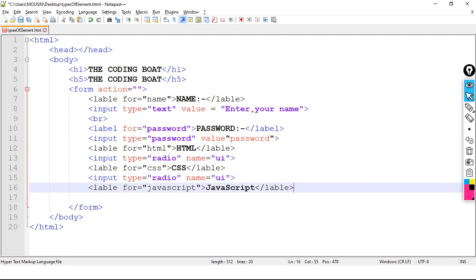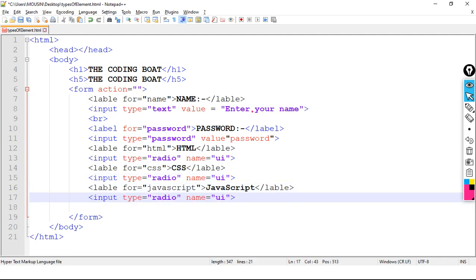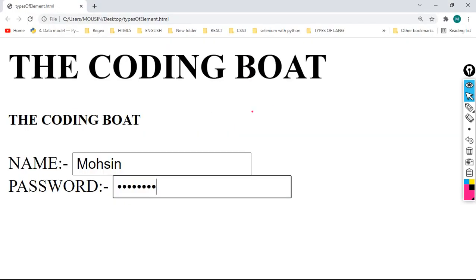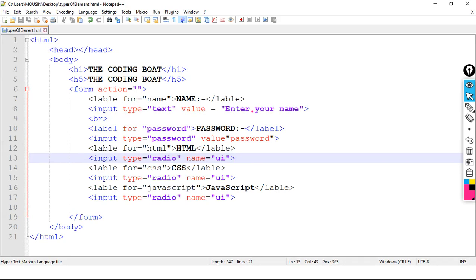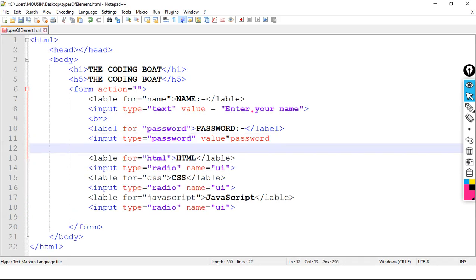Now let's save the code and refresh. Here one br tag is required.